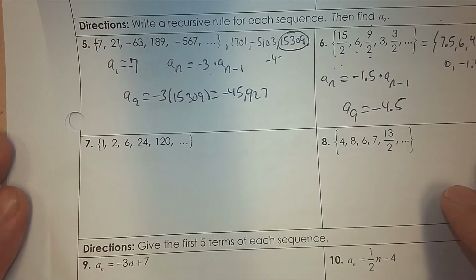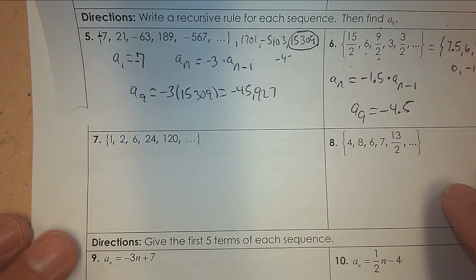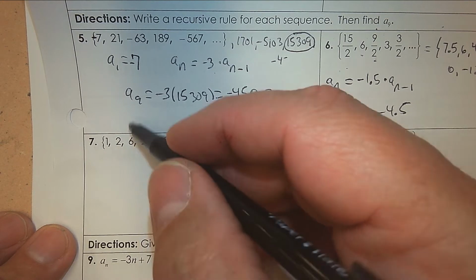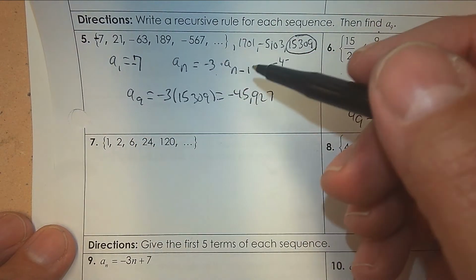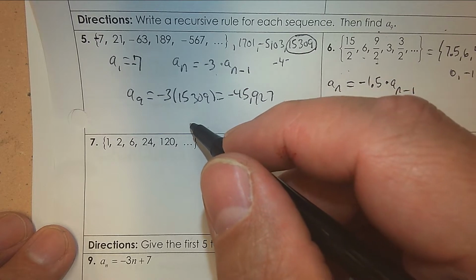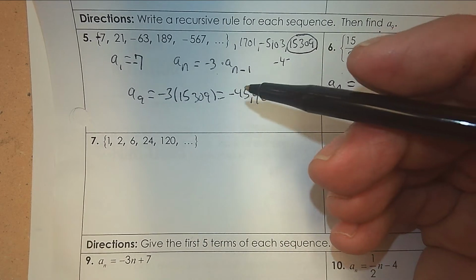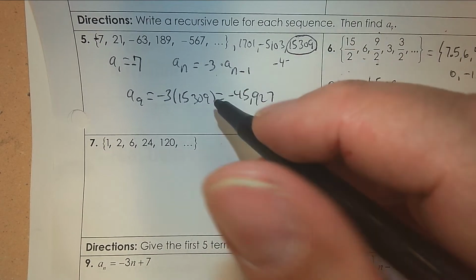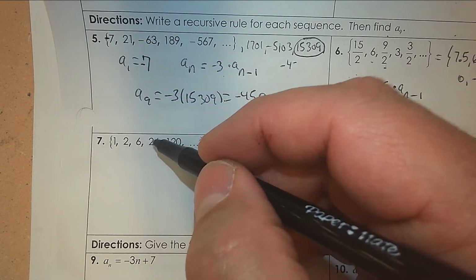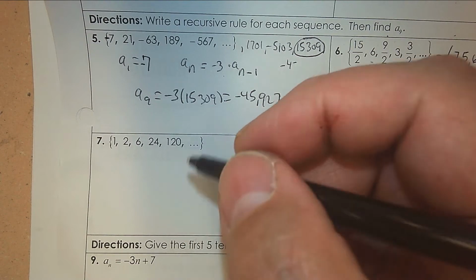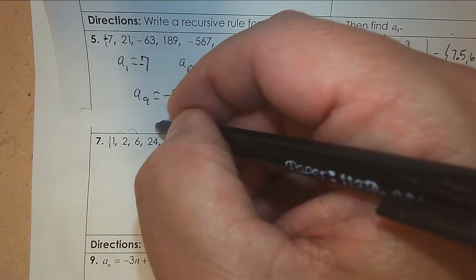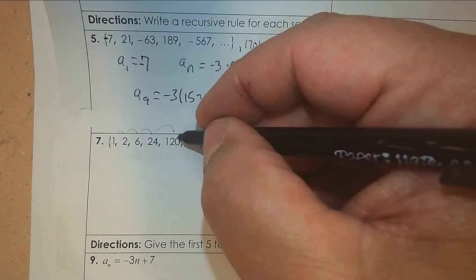So recursive one, you need to know the term before to use the recursive. Here, what am I doing? 1 to 2, 2 to 6, 6 to 24, 24 to 120. So what am I doing to get that number that I need? So it looks like I'm going times 2, times 3, times 4, times 5, and so on. So if I go times 2, 3, 4, 5, then I'm going to go times 6,